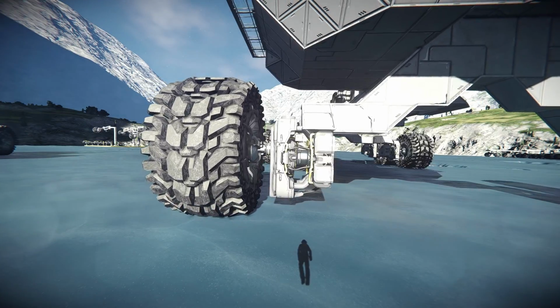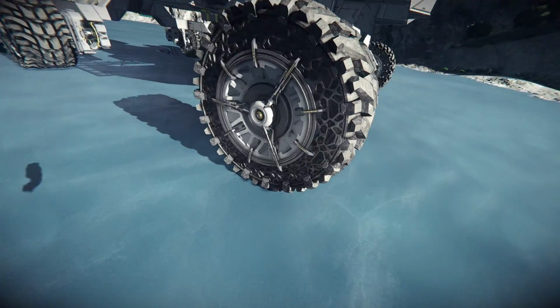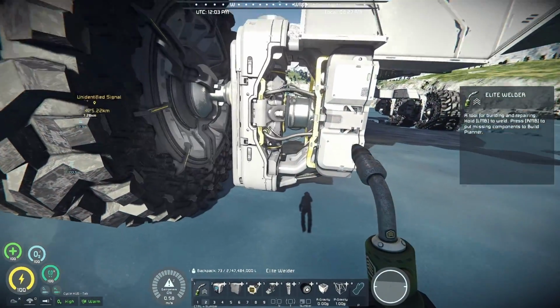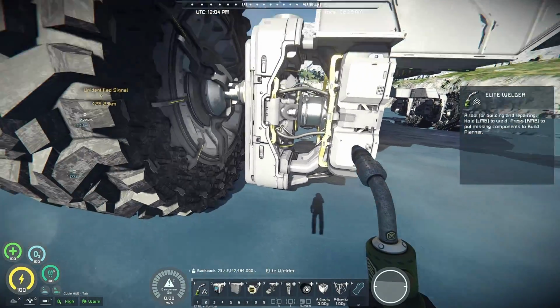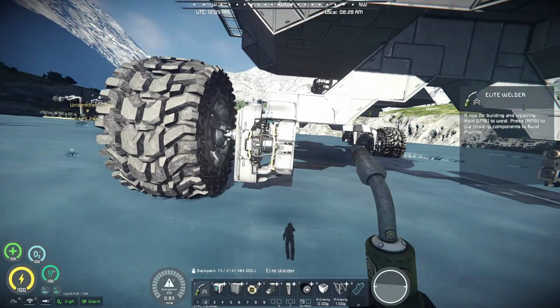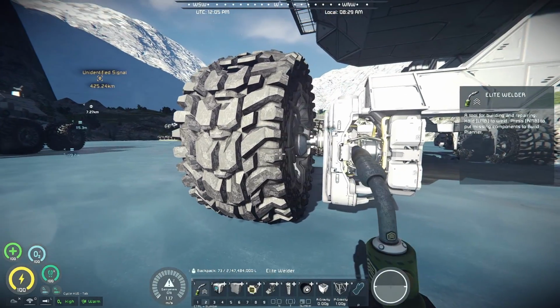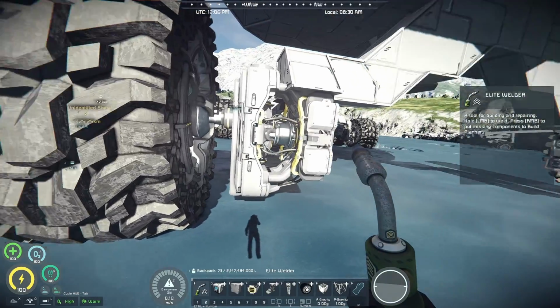But they need to be in contact with ground to actually do something. And the next problem is that we never want this part of the block contacting with ground because it's gonna be destroyed. So the wheel itself is kinda indestructible and it's fine that it's in contact with the ground, but that